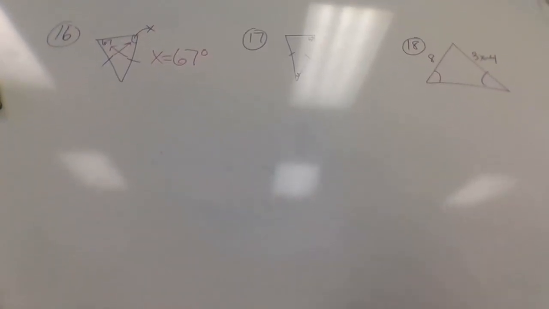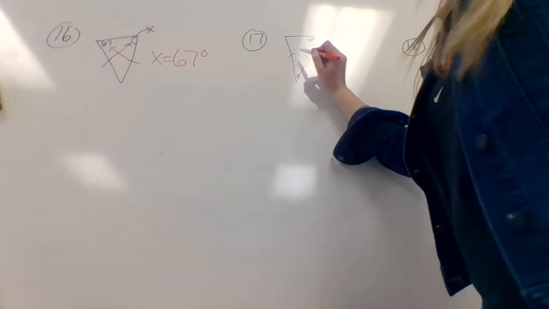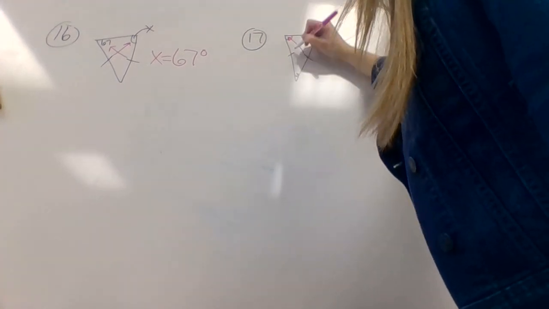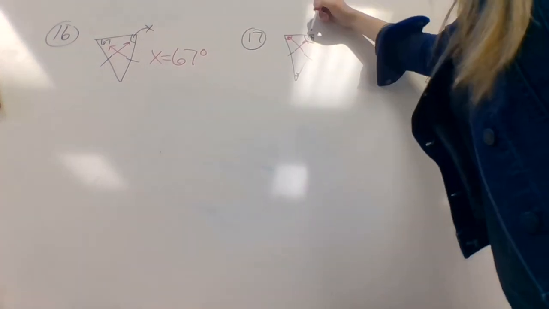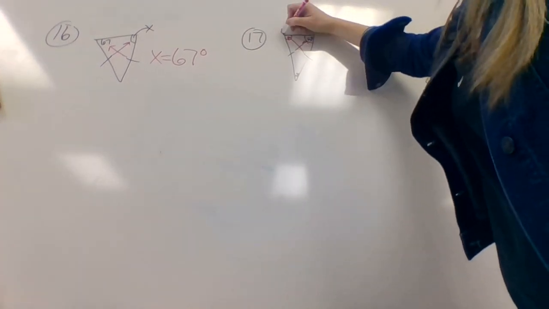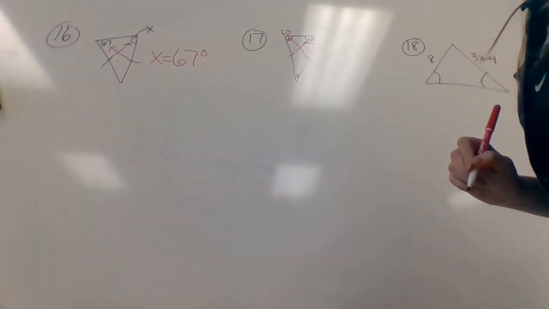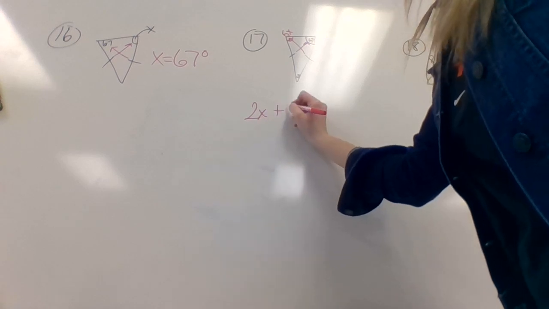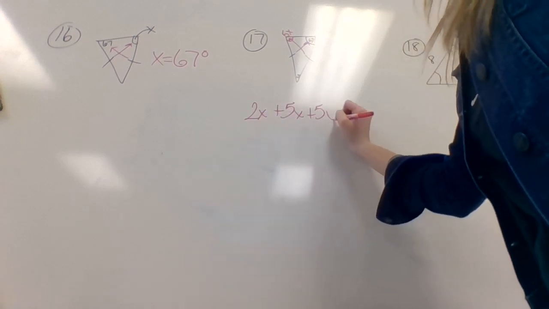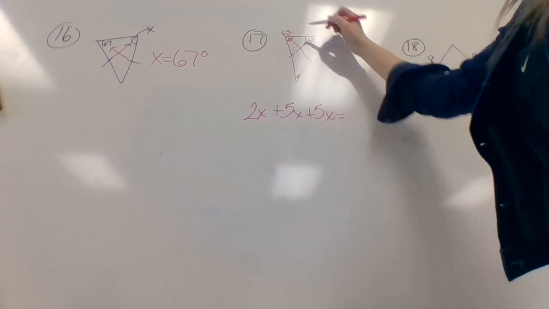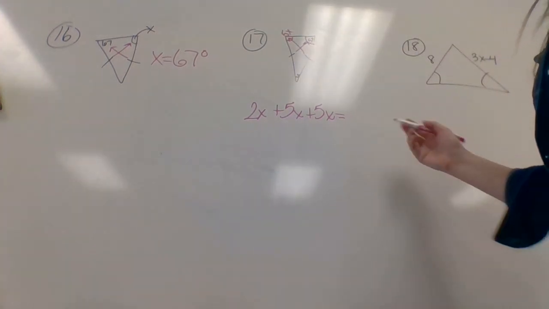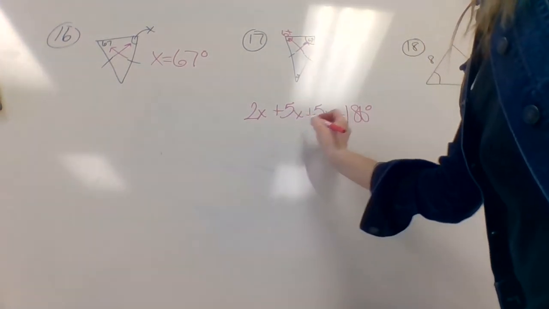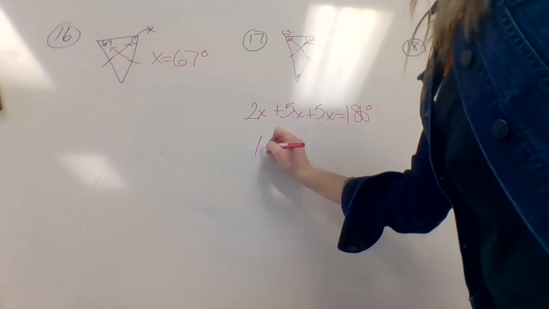Looking at number 17 then, again, isosceles triangle because two sides are marked as congruent, so I know that these angles are congruent. So if I know that this one is 5x, I can also say that this one is 5x. And then in this case, this one down here is 2x. And if you remember, all three angles of a triangle need to add up to 180. So I'm left with 2x plus 5x plus 5x equals 12x